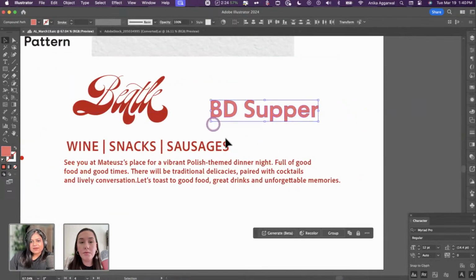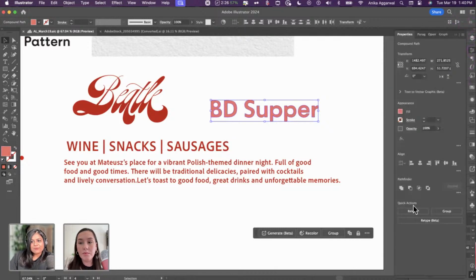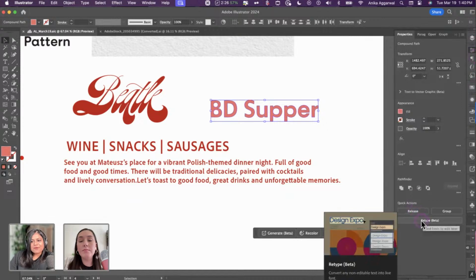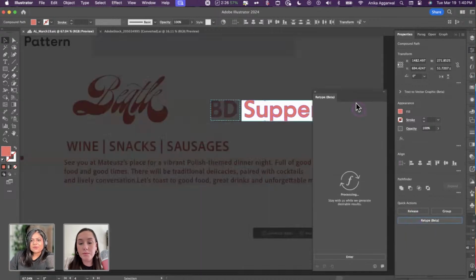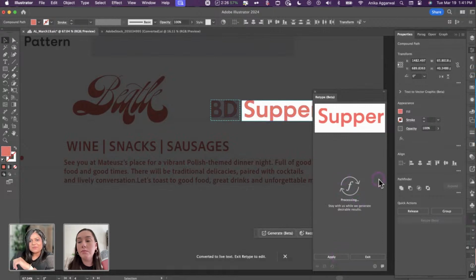I was looking at this and I realized that this is not exactly a typeface and it's an outline. So this is perfect because I can show Retype Beta for this. If you haven't used Retype Beta, I feel like it is such a game changer for me personally because you can put images in Illustrator and have Illustrator tell you what font it is. So here it is processing. I just clicked on Retype Beta and I'm going to click apply. Oh, it's still processing. Sorry. Don't mind me. It's fine.